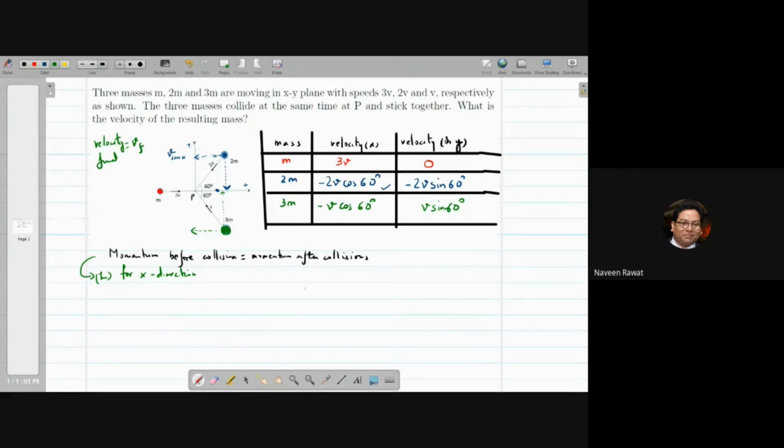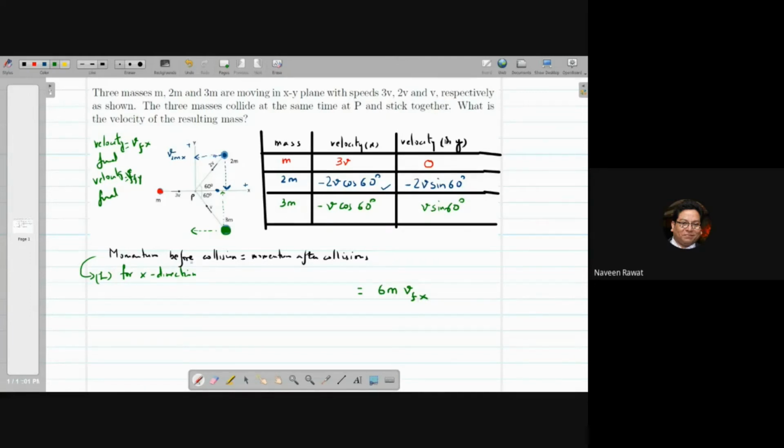So the momentum after collision is simply the sum of all the masses, which is m plus 2m plus 3m, that is the total mass 6m, times the final velocity, v final. So that is the momentum after collision in the x direction. So we can say the final velocity has vfx, and we will have some velocity in the final vfy. We don't know where the thing will go. Either we will get a value or it might be zero. We don't know yet.